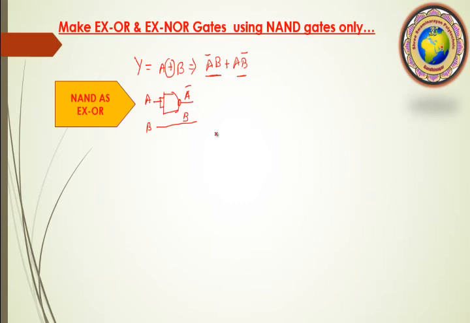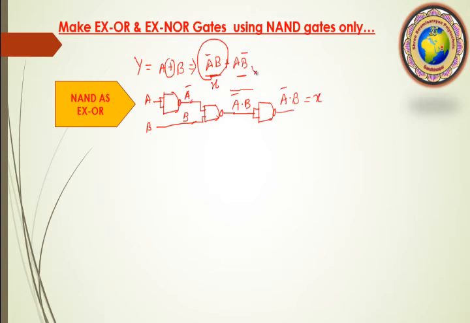So these two inputs we have just applied here to one another NAND gate. So what happens? A bar dot B whole bar. Okay, but I don't want this bar. I don't want this bar. So once again it is converted by using a NOT gate. So I get A bar dot B. So this portion, suppose I call X, will be achieved.